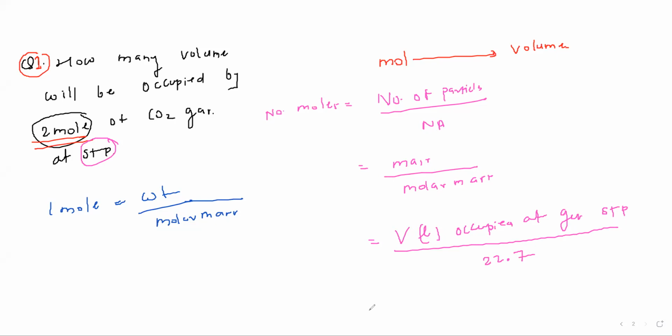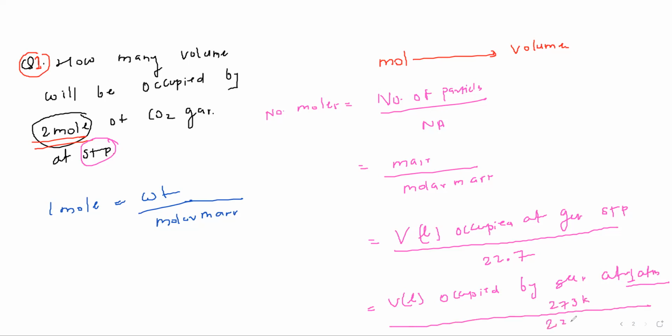And if they ask you volume in liters occupied by gas at 1 atmospheric pressure, 1 atm, and 273 Kelvin, it will be upon 22.4. So students, remember always, whenever they ask you the conversion from the mole to the volume,